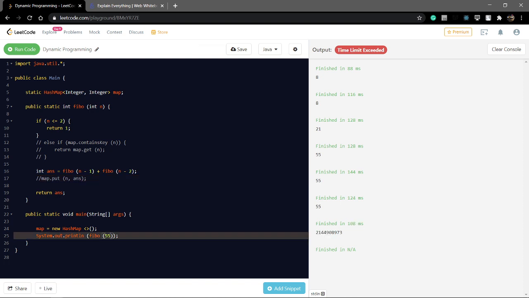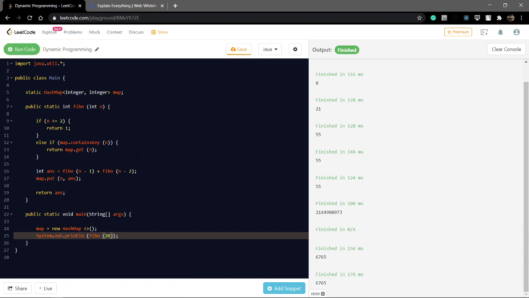Now we have to try 20. How much time does it require without the map? 156 ms to find it. Now we find 20 from the map.